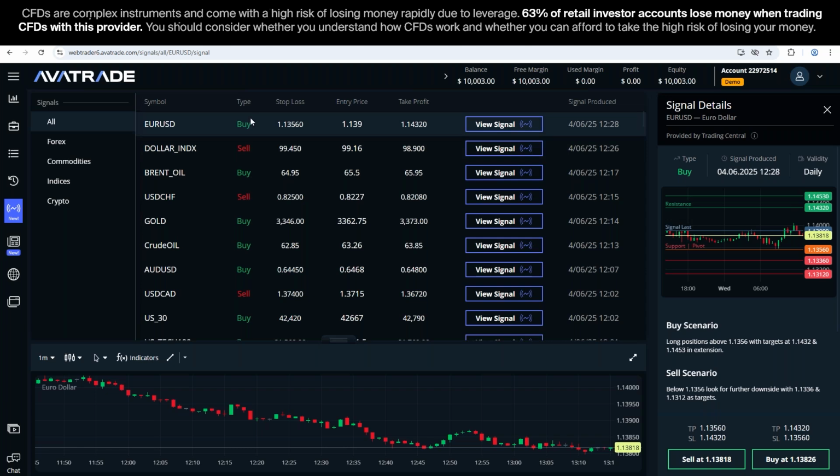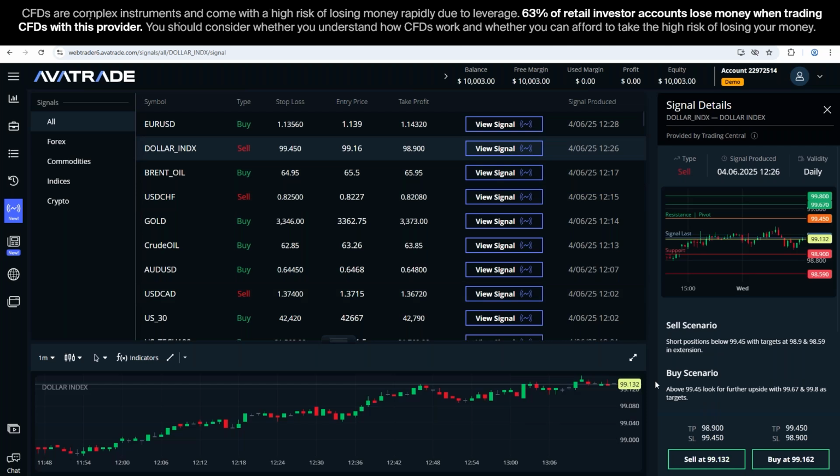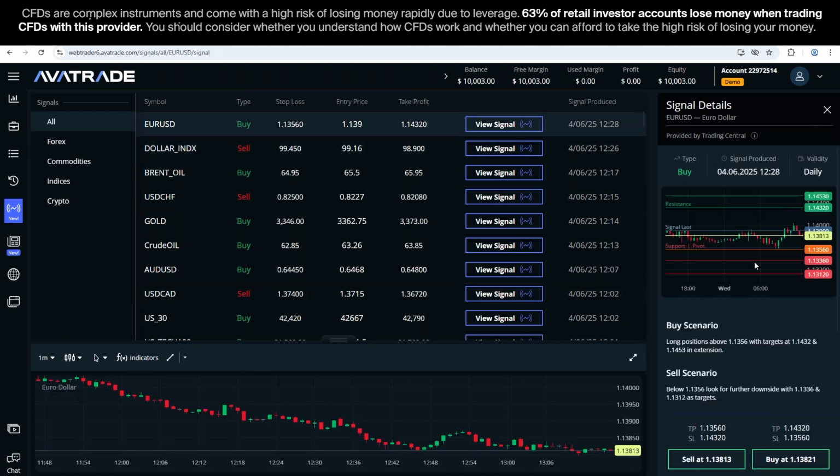We've got the type, obviously, which scenario seems logic to the signal. I can go with it, I can go against it. We're gonna see in a moment. We've got here entry price. So I assume that this is where the analysis was started. As you can see, as soon as I clicked here on view signal, there was analysis here that I didn't do. This happened automatically. Even if I'll pick something else, you see the analysis is here. I didn't do this analysis. And now if I'll click on the arrow to expand,